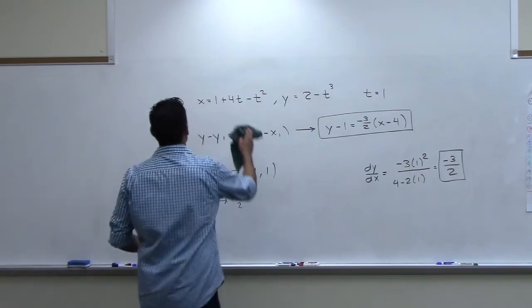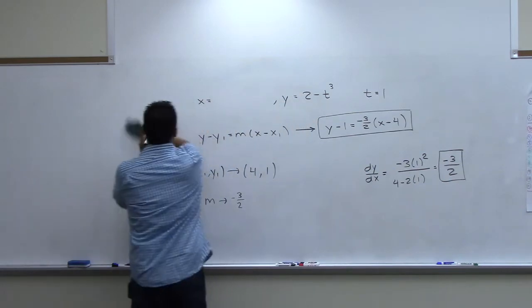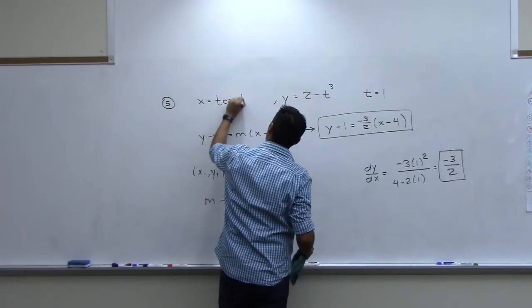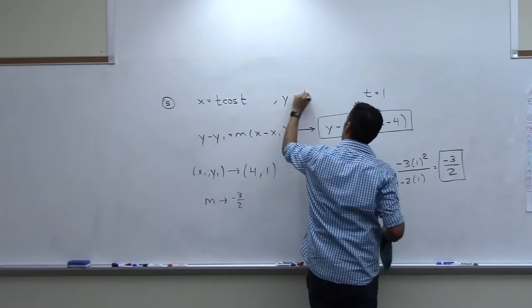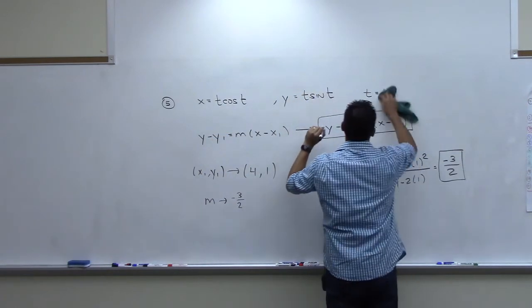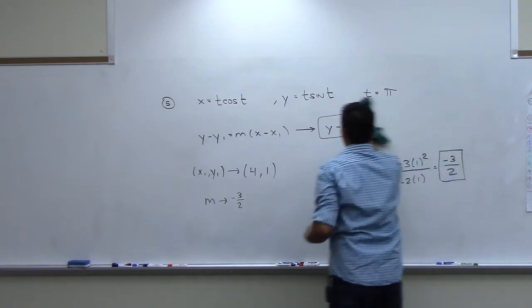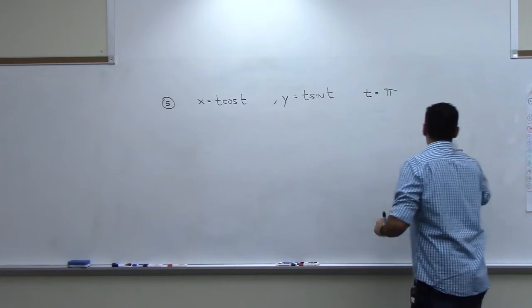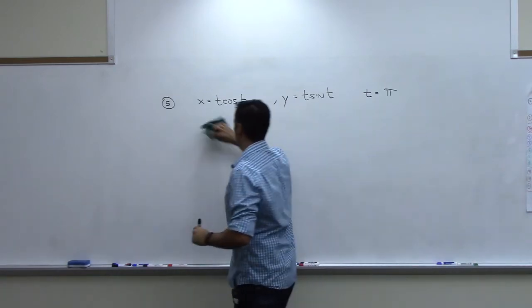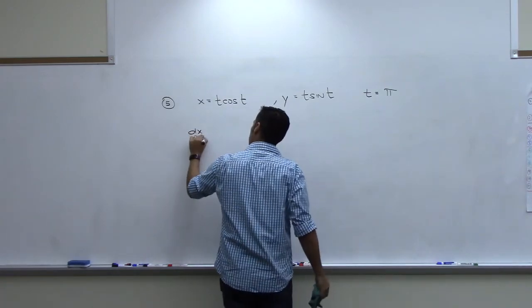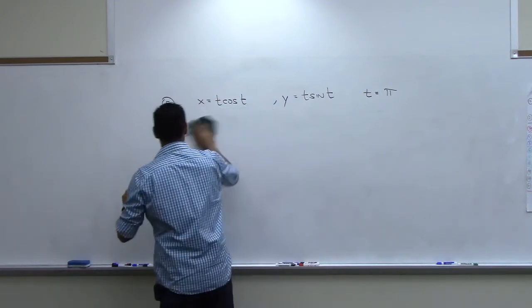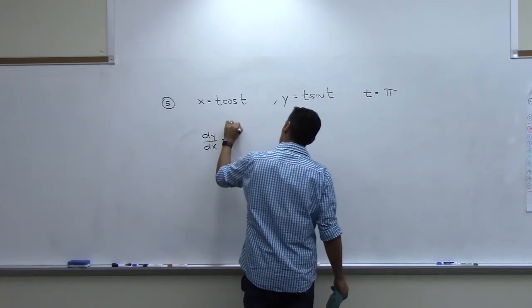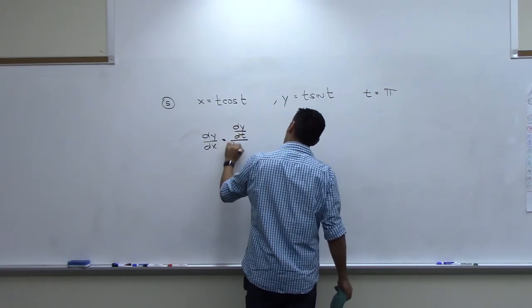All right, x is t cosine t, y is t sine t, evaluated at pi. Same thing. Find the equation of the tangent line. So we first need the derivative, which will give us a slope. So to get the derivative, dy/dx is equal to dy/dt over dx/dt,